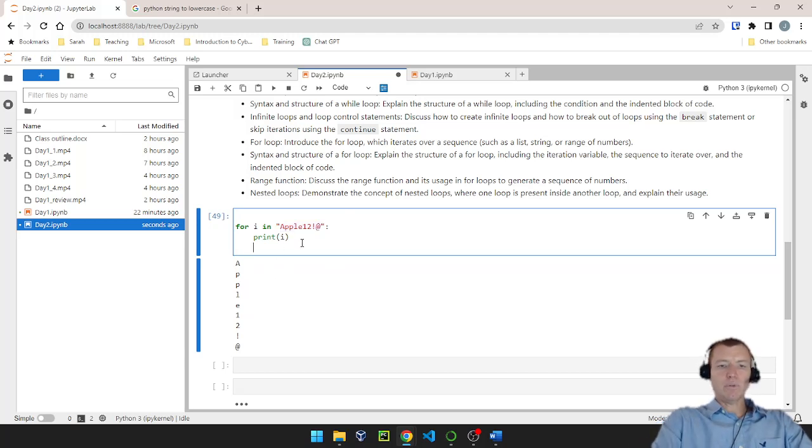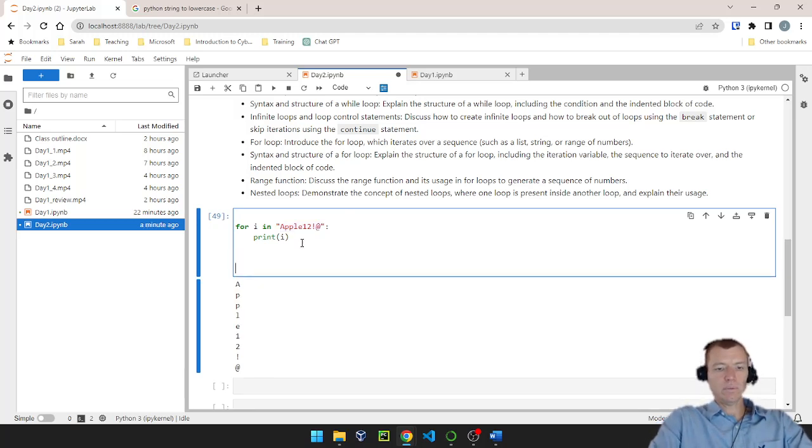There's also another type of loop called a while loop. While loops are great for doing things an indeterminate number of times. So we can really decide at runtime how many times we're going to go through. Now I could, in a while loop, do a defined number of times. I could say while